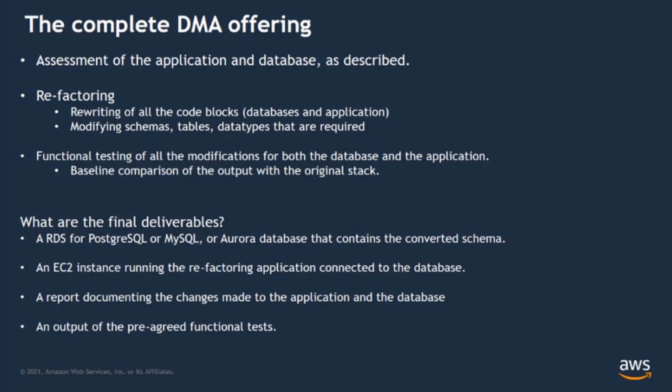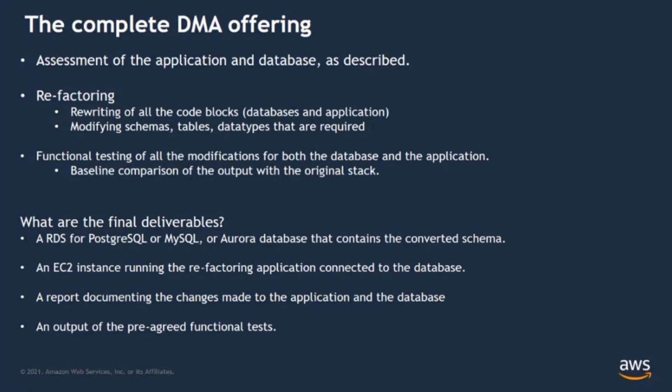I want to give them a quick overview about the complete DMA offering and the final product that we deliver to them. Yes, so from an end-to-end perspective, we start off with doing the assessment of the workload and categorize them into 1 through 5. If they're in 1, 2, or 3, then we do conversion of the workload, and we give the following things